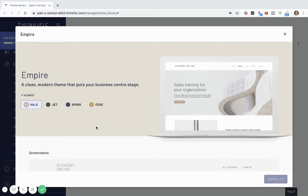So the Empire theme is what they call a clean and modern theme that helps display your business center stage. I like to think of the Empire theme as a very simple, very clean look that's great for any kind of business, not necessarily a coach, but more if you're selling a product or a service that's really focused on B2B. Now, it could be B2C as well, but I definitely think that if you have a B2B element,